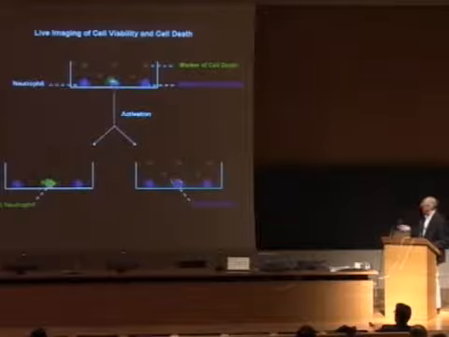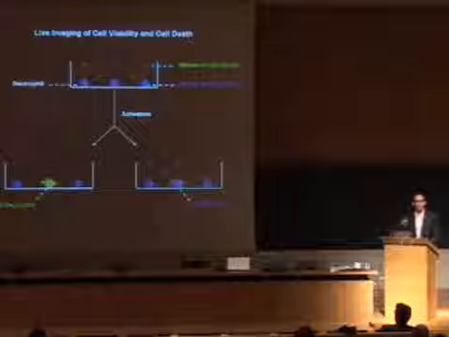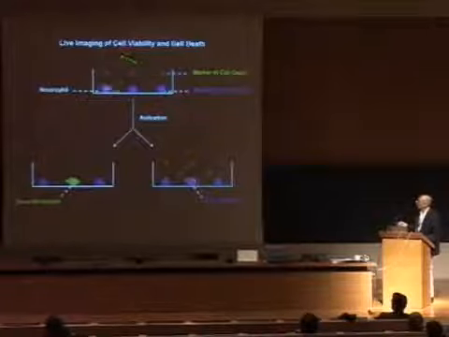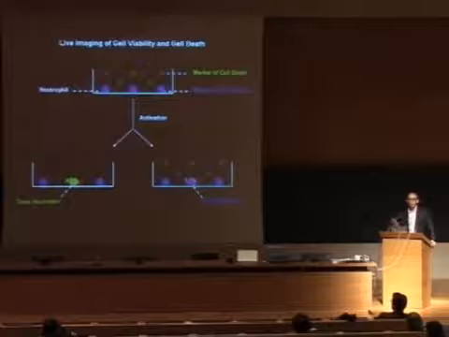The second marker in this movie is annexin-5, and as Robert already explained, annexin-5 recognizes a specific lipid that in living cells is exclusively on the inside, so is inaccessible to annexin-5, and only when the cell dies will it be exposed to the surface. One of the tricks of the movie is that annexin-5 is in a very low concentration, so it's under the detection limit of the microscope, so you actually cannot see green. Only when the cell dies, this lipid is exposed, and annexin-5 is concentrated on the cell, and the cell turns green.